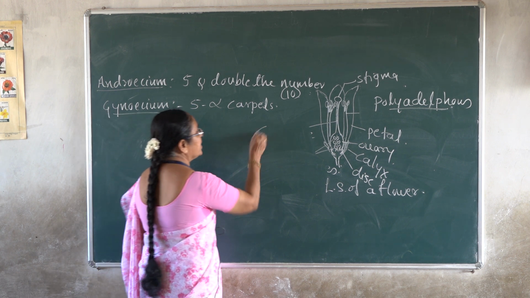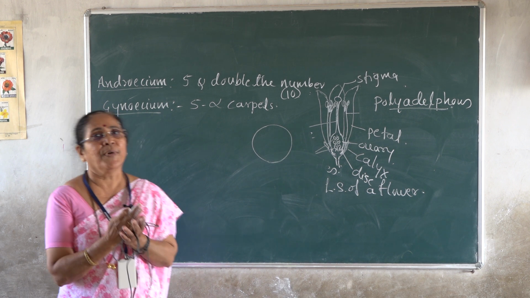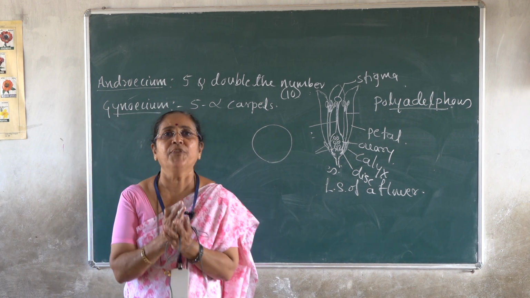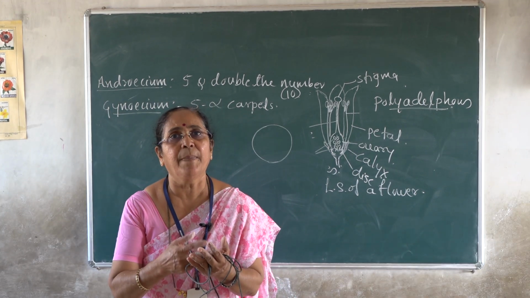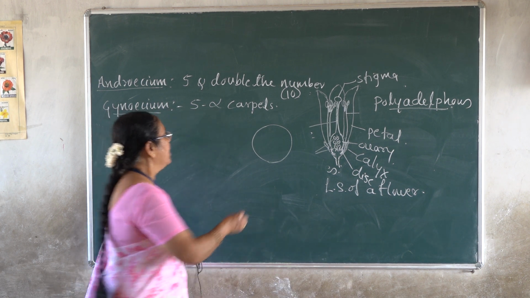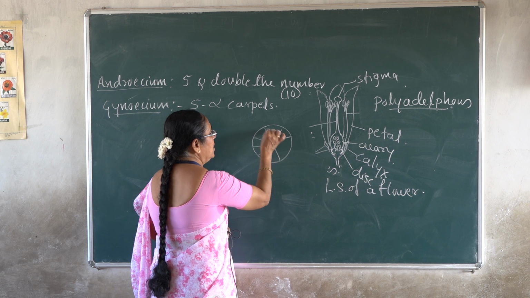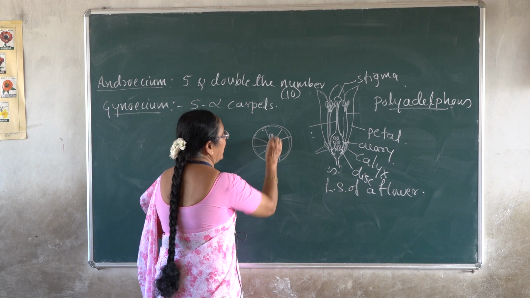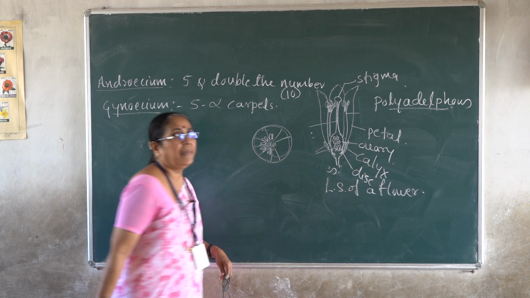If you take a transverse section of the ovary, all of you know, we cut the lemon transversely. If you cut the lemon, take half portion of the lemon, you will find that axile placentation can be seen and so many partition walls can be seen. And it is made up of many carpels like this. This is the axis, axile placentation can be seen in the ovary. This is how the TS of lemon looks like.